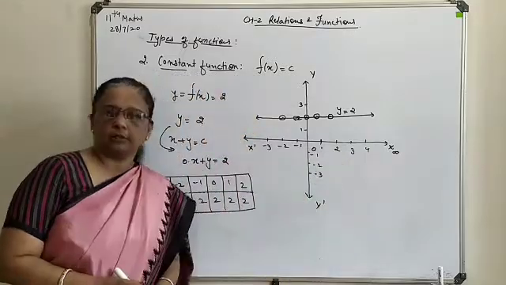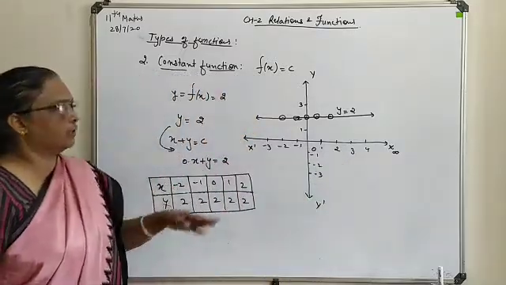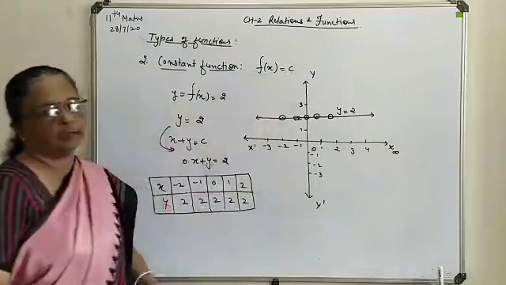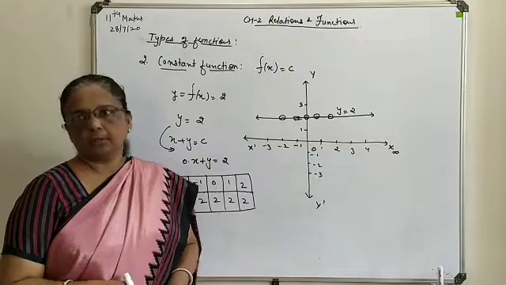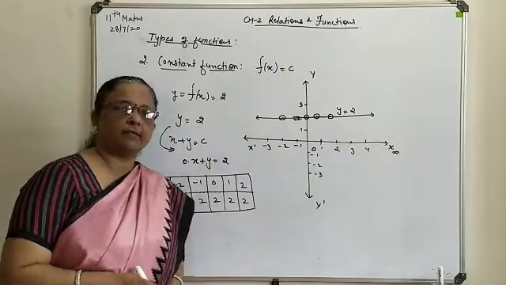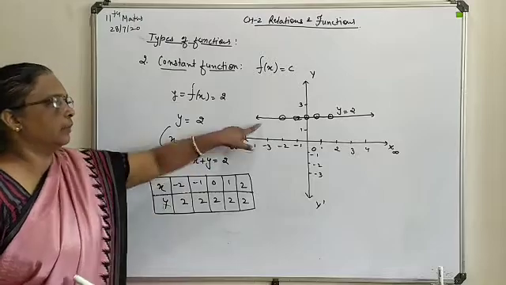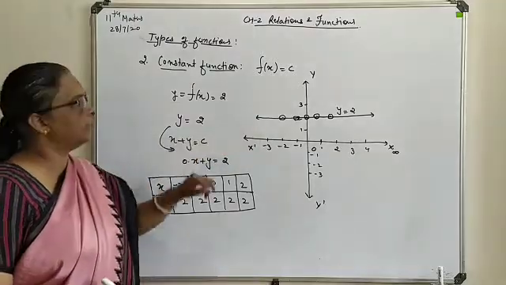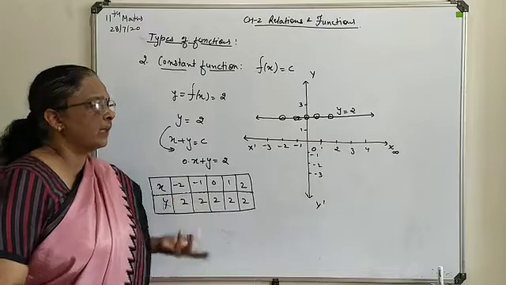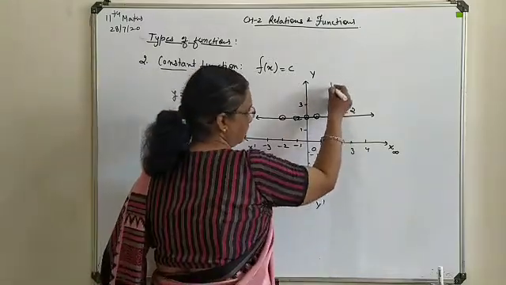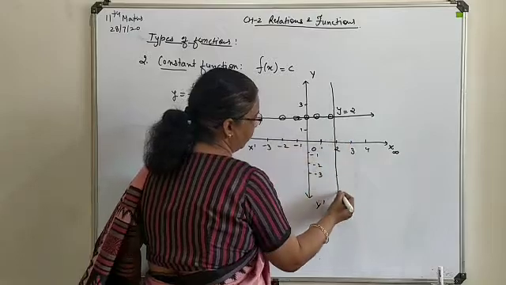This way, any constant function you can represent on a graph. Here C means any constant quantity. It may be positive, negative, even a fractional value. But for this particular value, your presentation will be like that. It may be in terms of x also. If x is equal to 2, you will generate an equation like this one. In that case, on varying y,